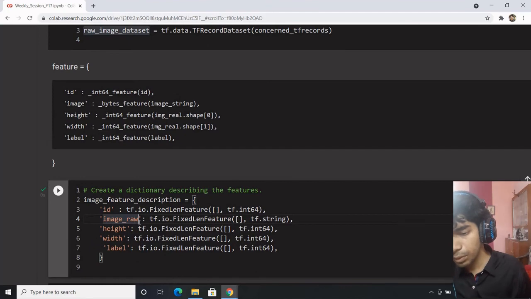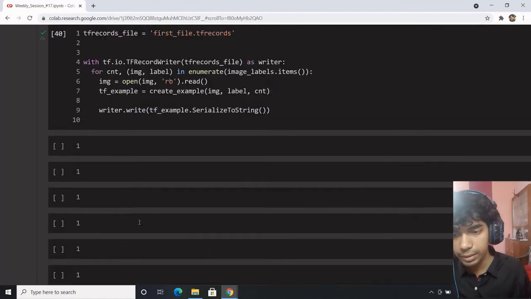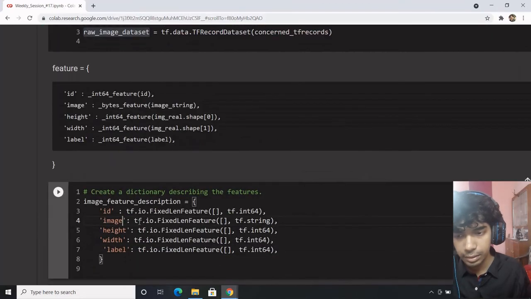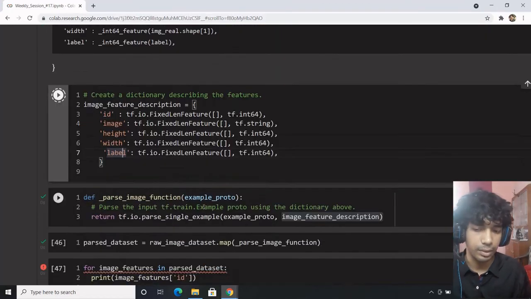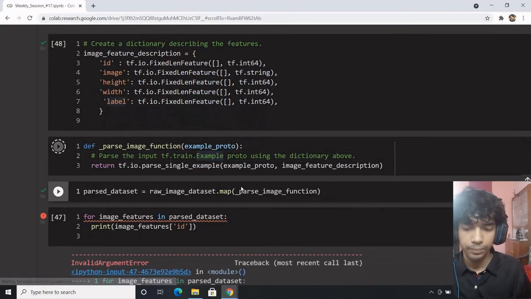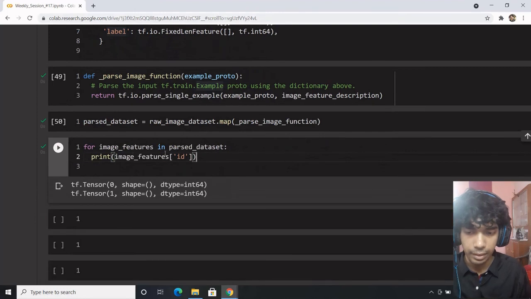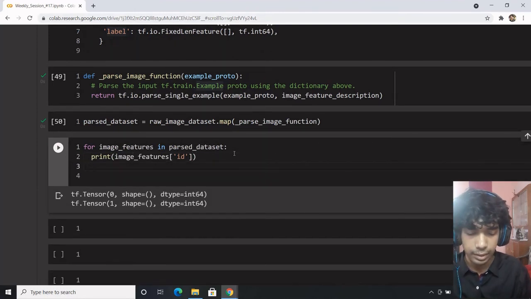Oh yeah, image raw is not there. What we have defined is image, I think. Our feature map is ID, image, height, width, label. That's why it was throwing an error. Now you can get the ID values. You can print the images along with the ID values. Let's say